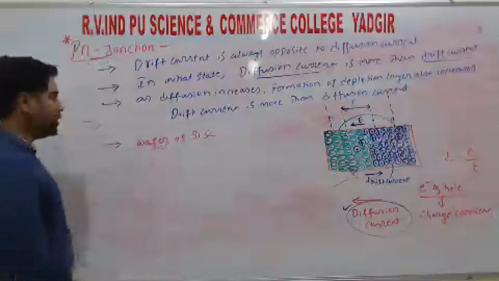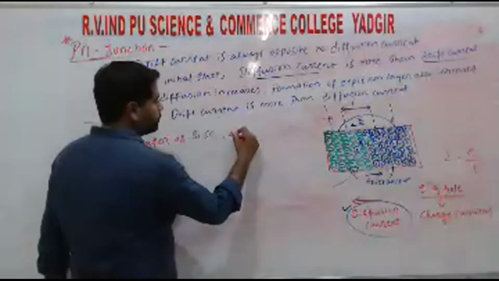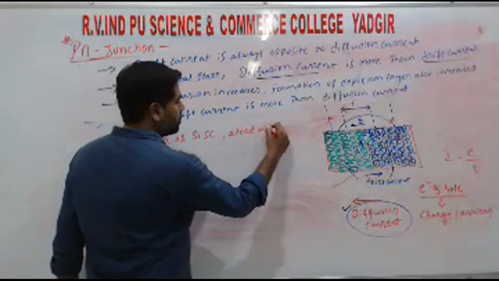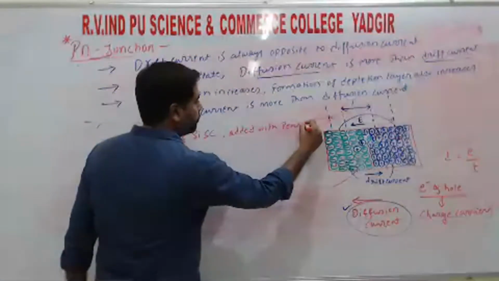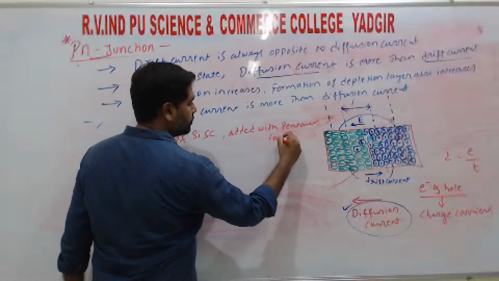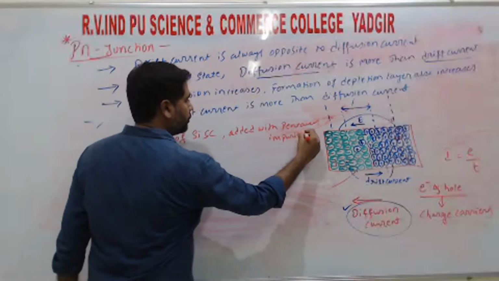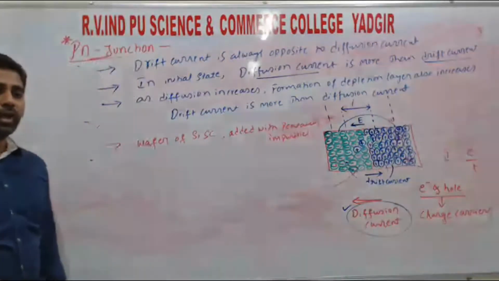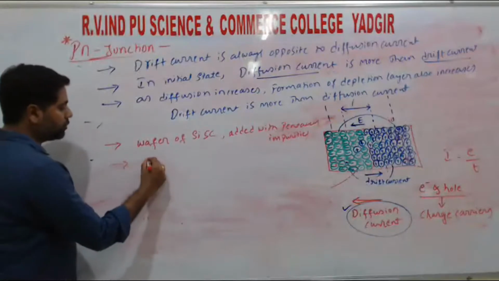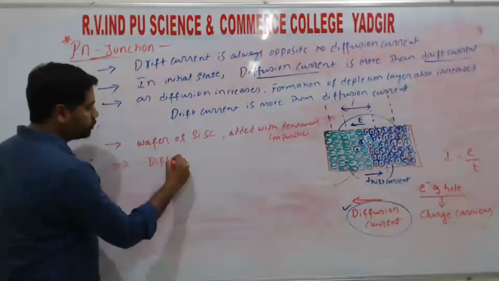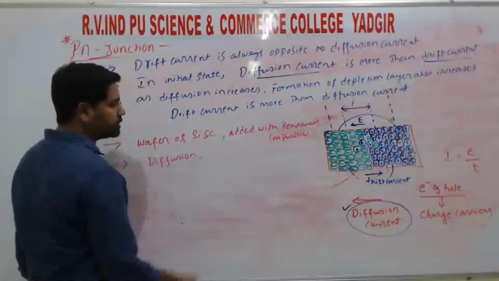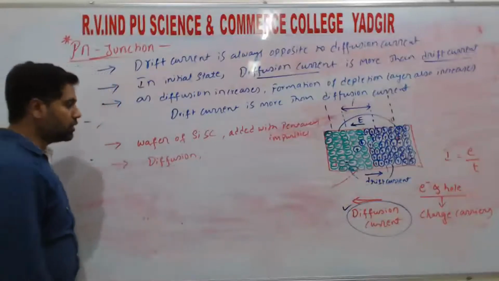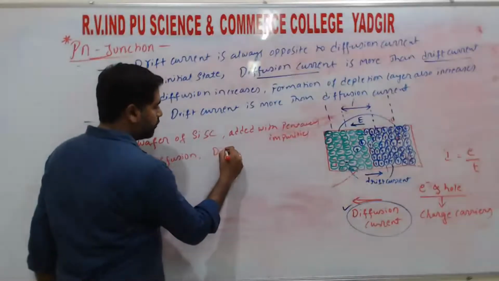This wafer is added with pentavalent impurities. So here two processes will take place. One is diffusion. The flow of charges through diffusion, the current we call as diffusion current,